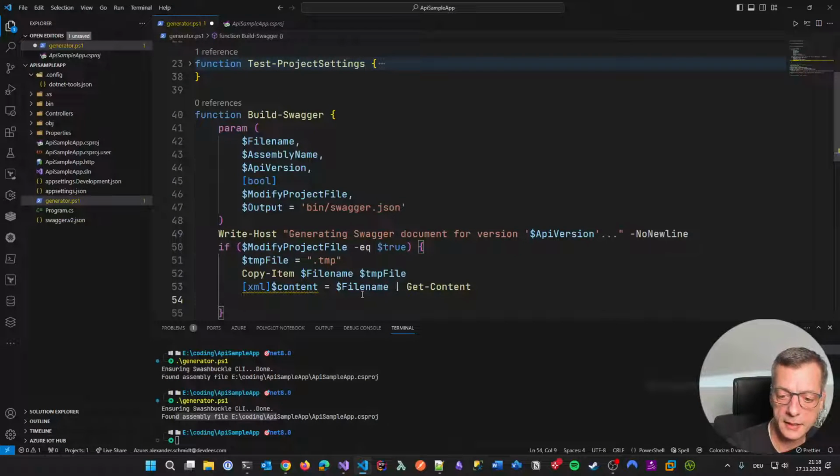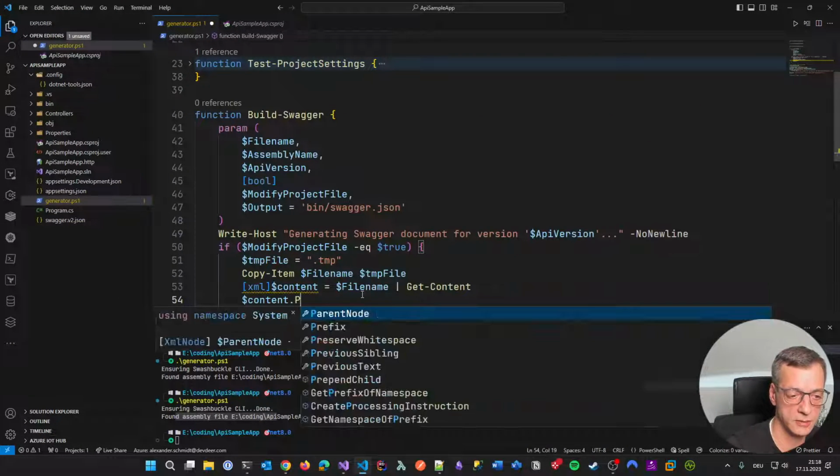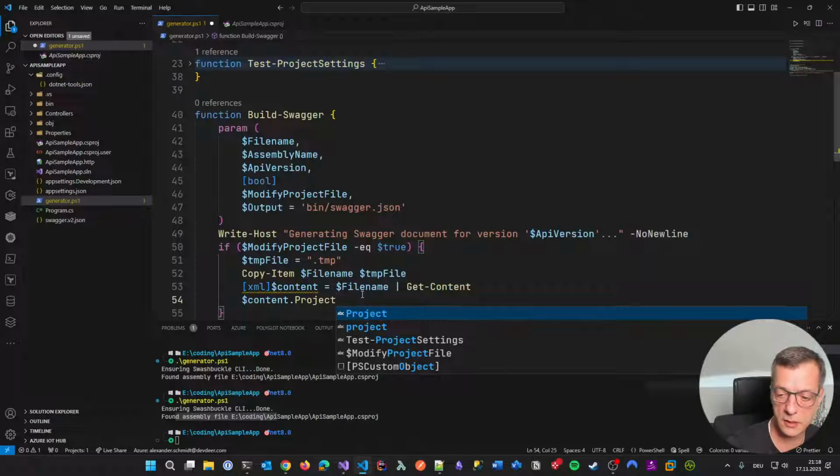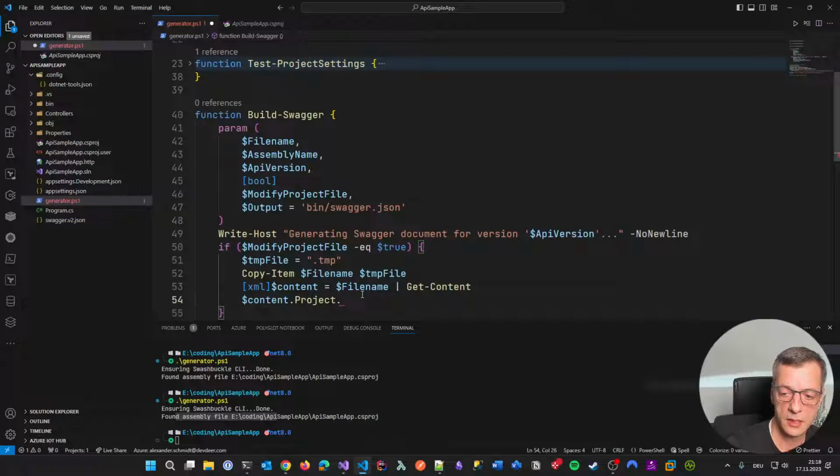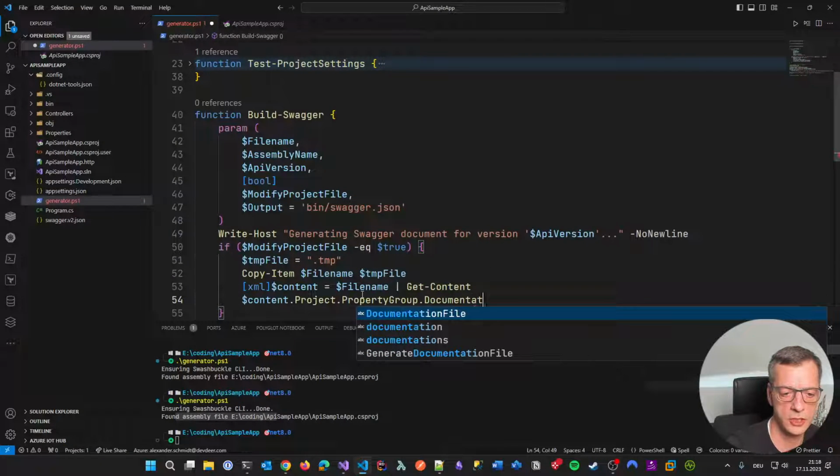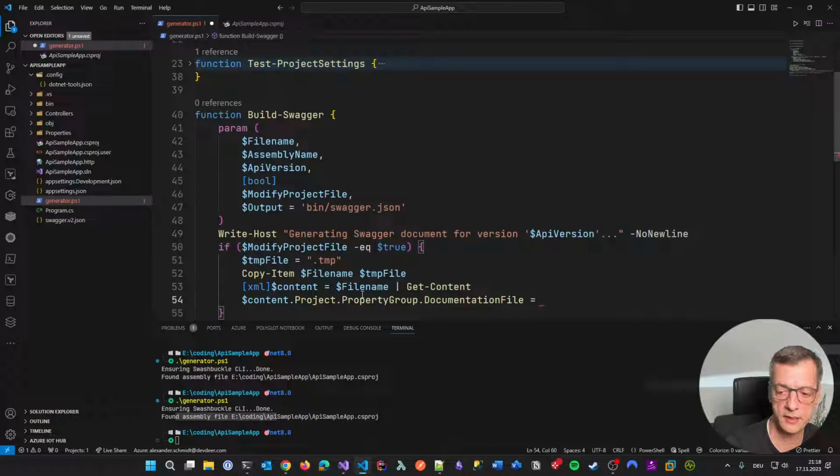Nice. And now what we do is we change it. So we simply say project property group, and then it was documentation file. And what this equals, this is now bin